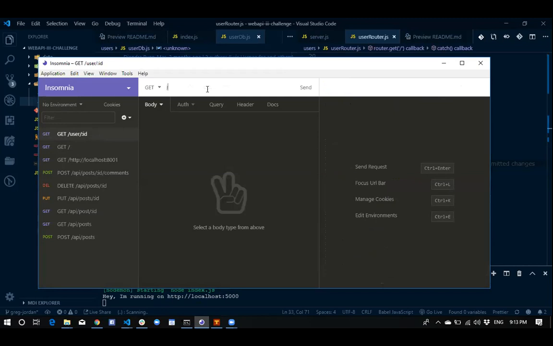Then we pass in HTTP localhost on 5,000 users, and let's grab the third user,